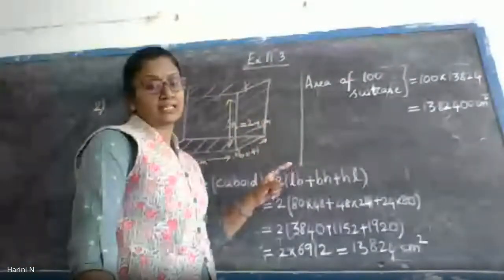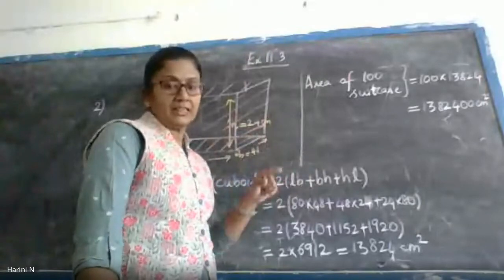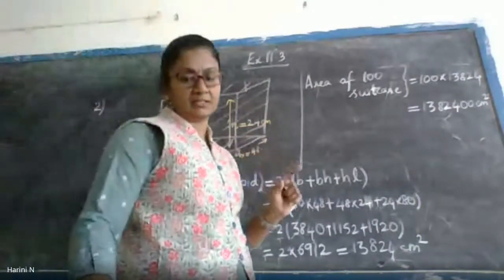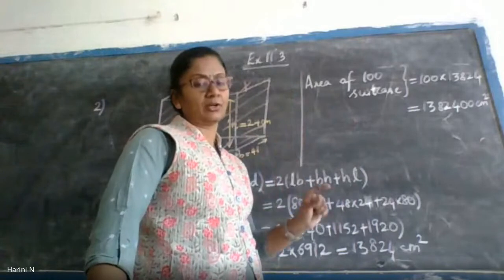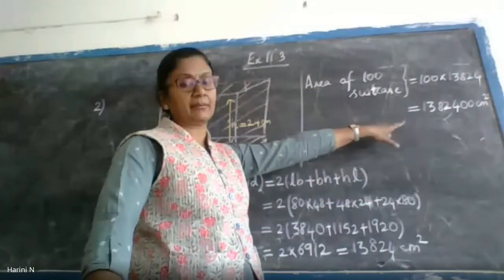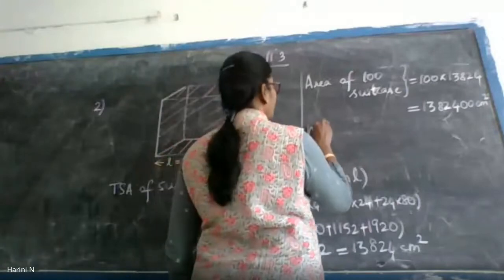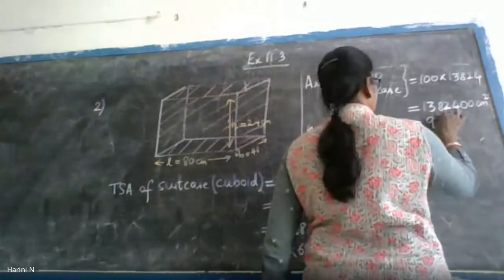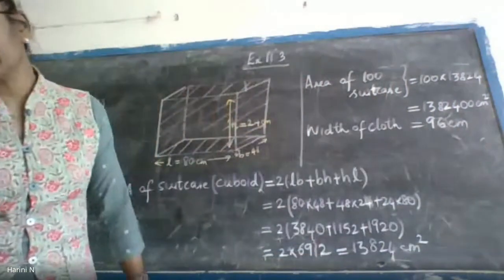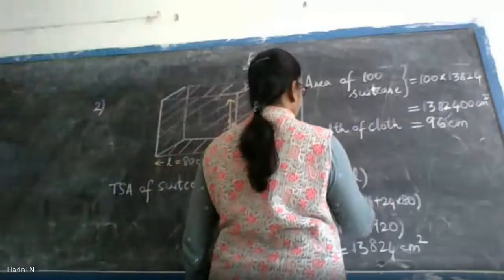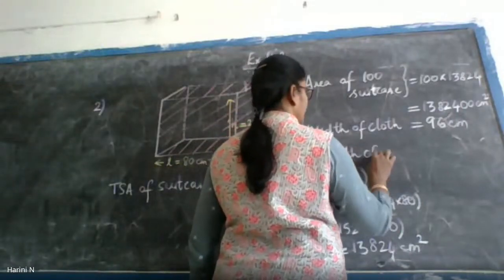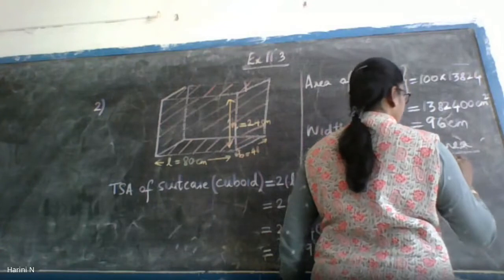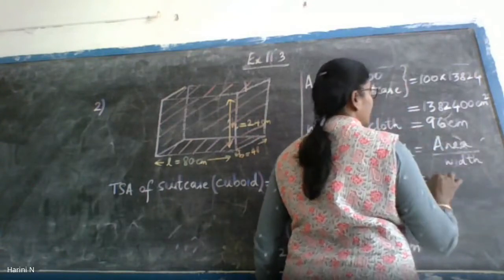Now these 100 suitcases are going to be covered with a tarpaulin. The width of the tarpaulin cloth is fixed. It is told it is equal to 96 centimeters. Now how many meters of the tarpaulin cloth should you buy so that so much area can be covered? So you will write width of the cloth is already given as 96 centimeters. Correct? Therefore, length of cloth will be area divided by width. So, area is